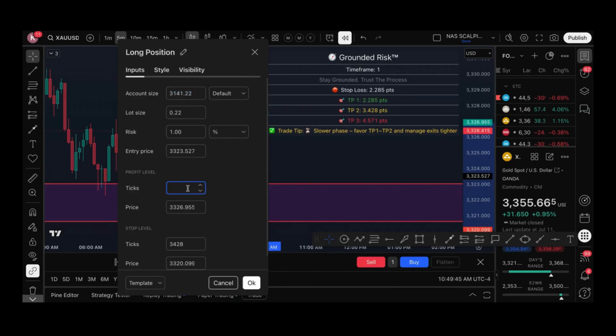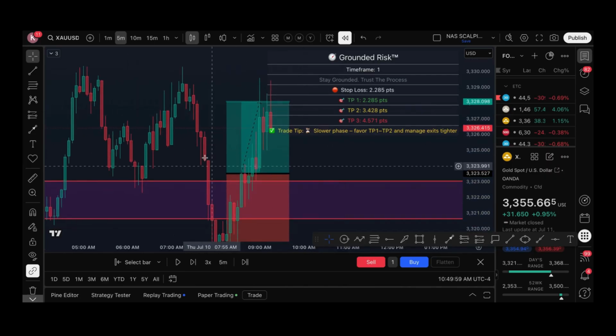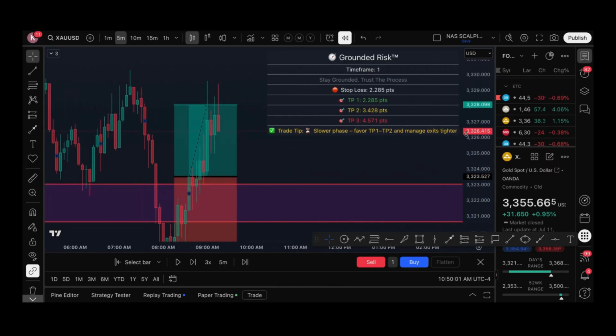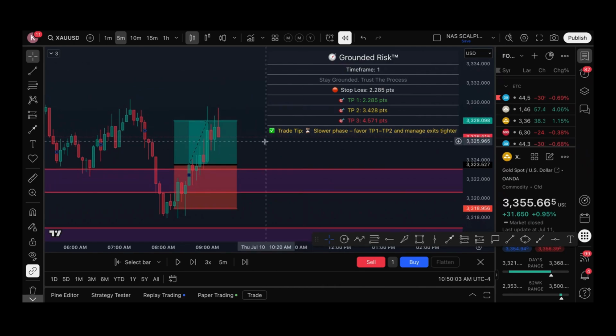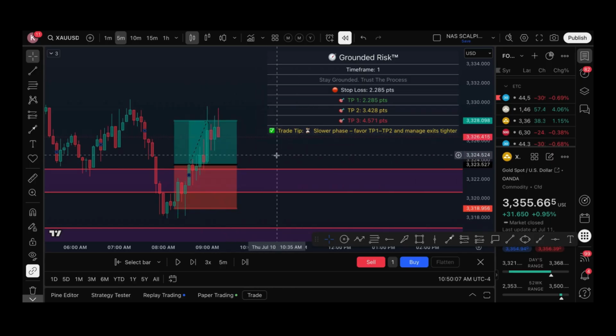And it's really up to you which target to go for, but also know if you're going to go for a higher target, just manage that trade. And it did hit all three TPs, which is good. Okay? But my biggest thing here is that